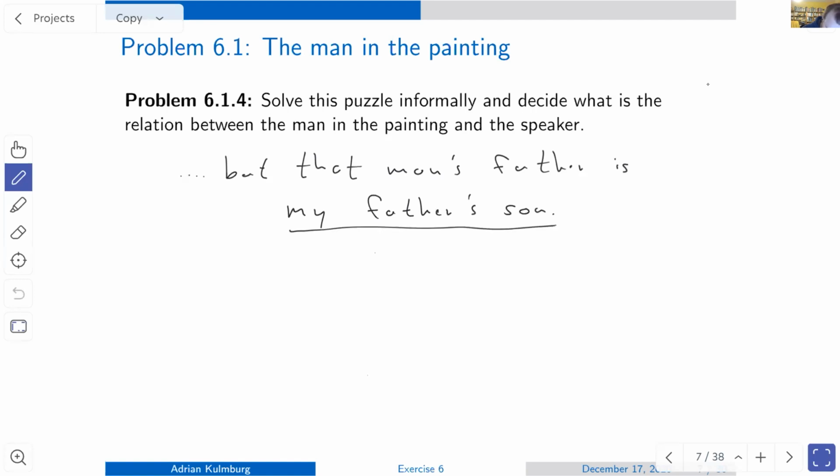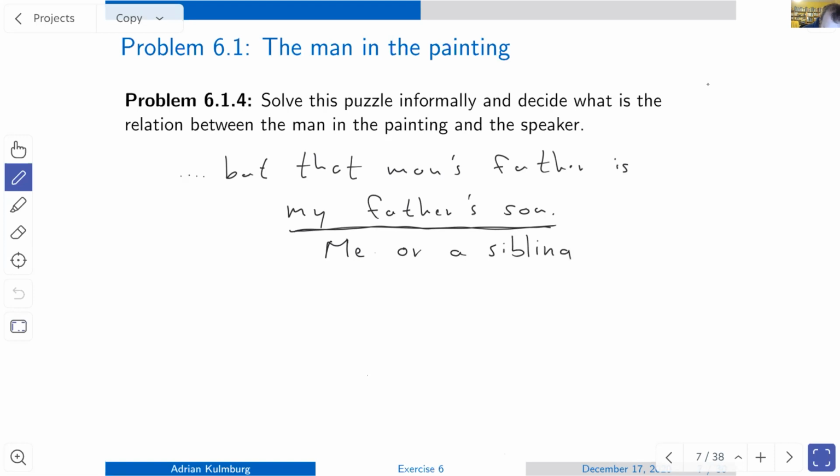The important part of the sentence is this part here, right? Because we know, okay, my father's son, so it's the son of his father. Well, it can only be either me, the speaker, or a sibling,